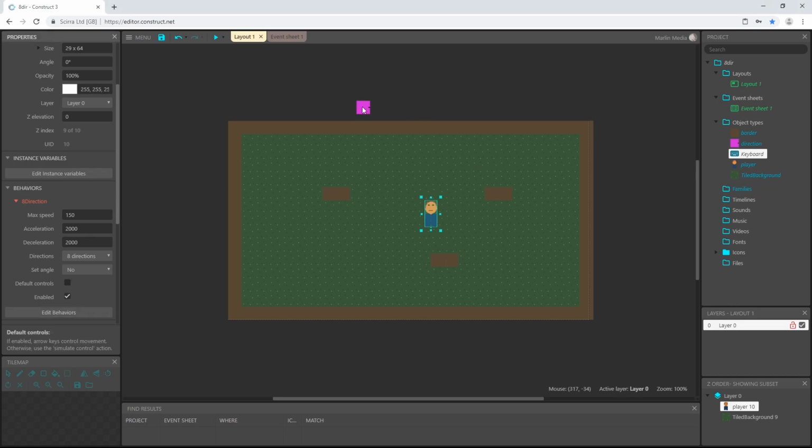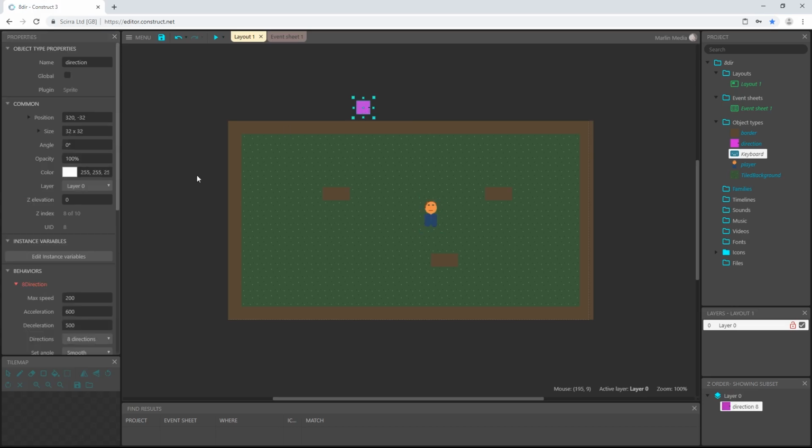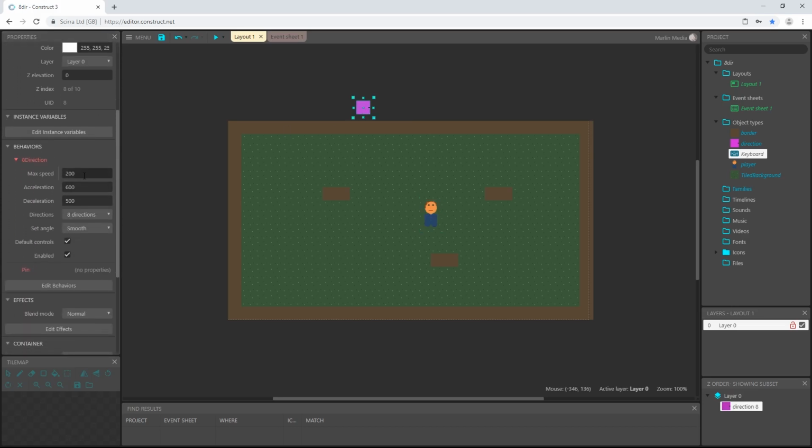Now let's go over to our direction sprite, and we're going to do the same to his 8 direction values. So let's say 150 for the max speed, 2000 for acceleration, 2000 for deceleration, and we want 8 directions, and we're going to set the angle at 45-degree intervals, and then untick default controls.